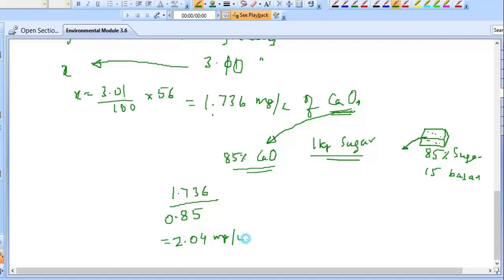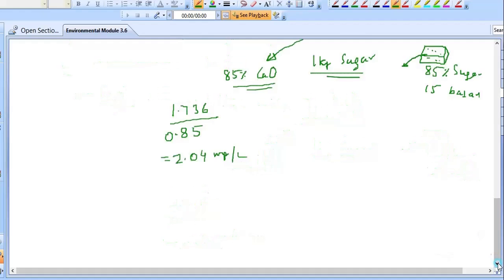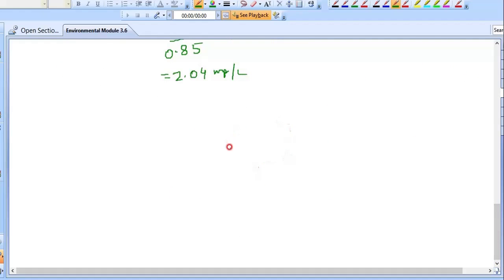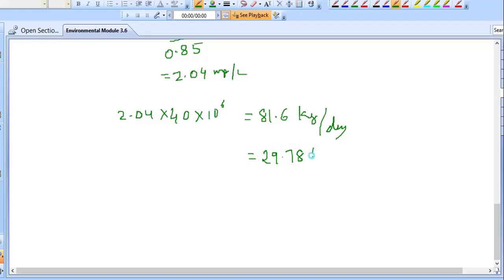mg per liter required. Now for 1 year I need to calculate. This is for 1 liter, and 2.04 into how many liters we have? 40 million liters. Okay, 40 million liters we have. This is per day, 81.6 kg per day. For 365 days, 29.78 ton